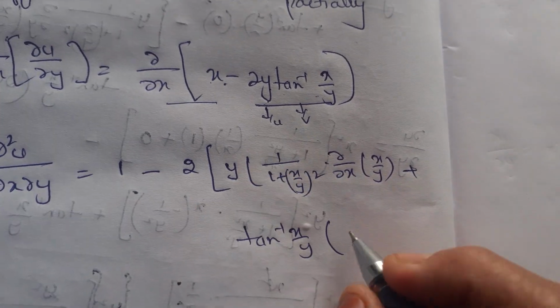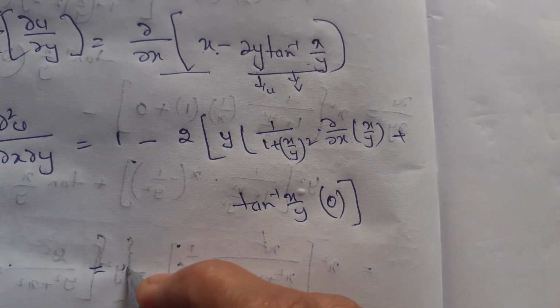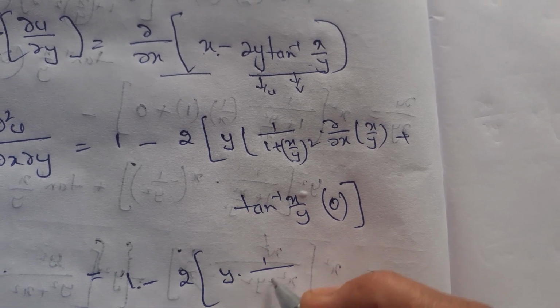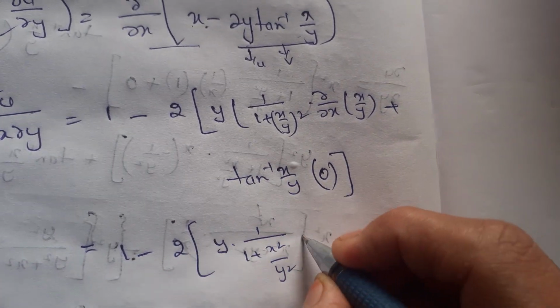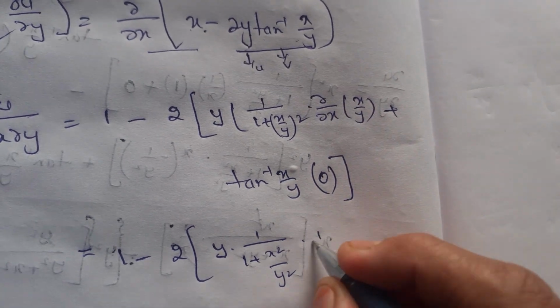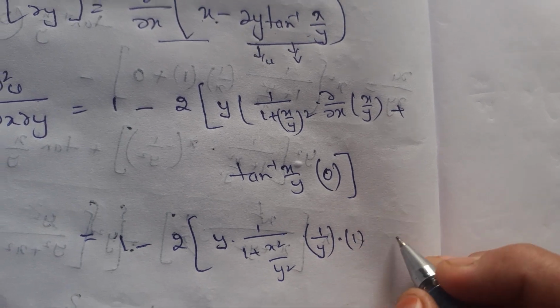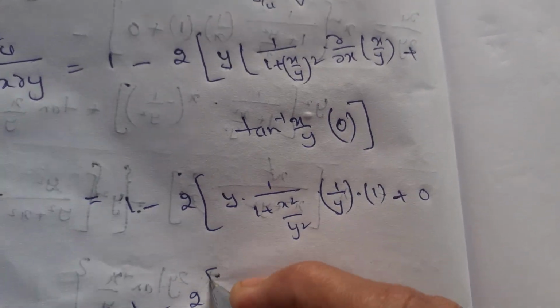Differentiation of y becomes 0 because we are differentiating with respect to x. So 1 minus 2y into 1 by 1 plus x square by y square, differentiating with respect to x, so 1 by y is constant, differentiation of x gives 1, plus this complete term 0. That is 1 minus 2 into